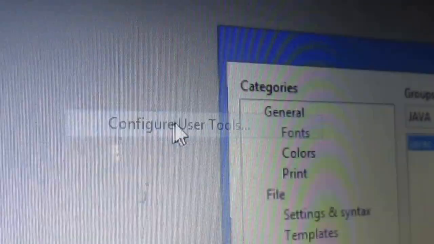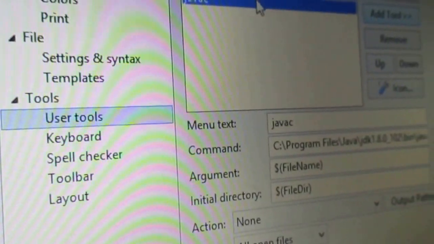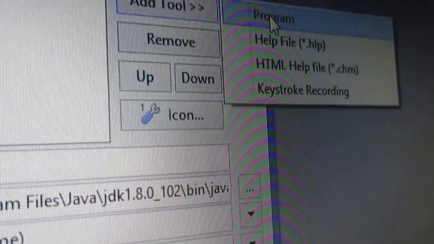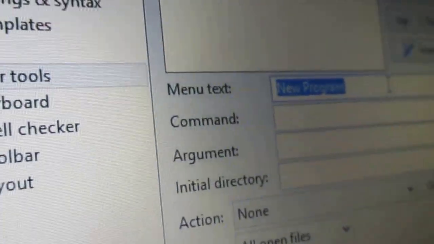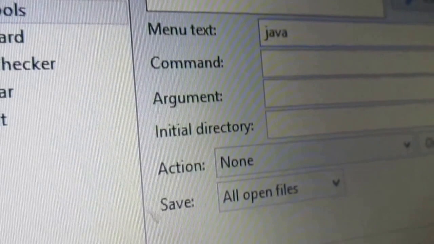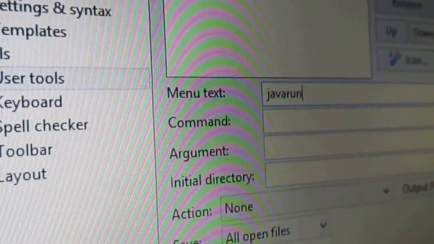Once again, go to Tools, Configure User Tools, and add one more tool under the Java group. Here I am adding a tool to execute the Java program. Click on Program, and I am assigning the name Java, the command name Java or Java run.